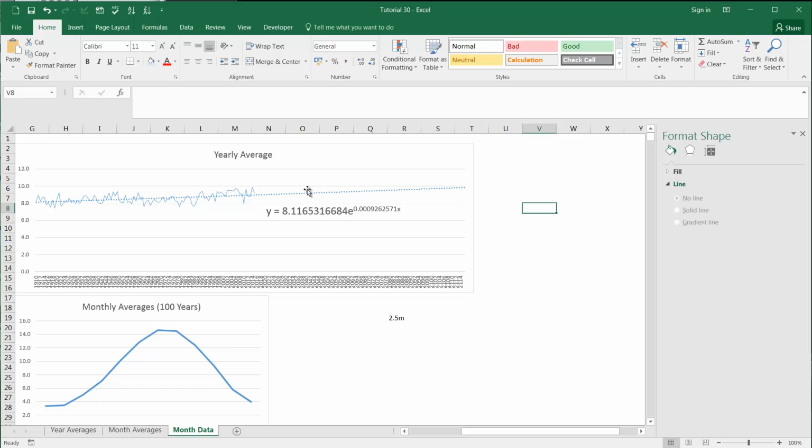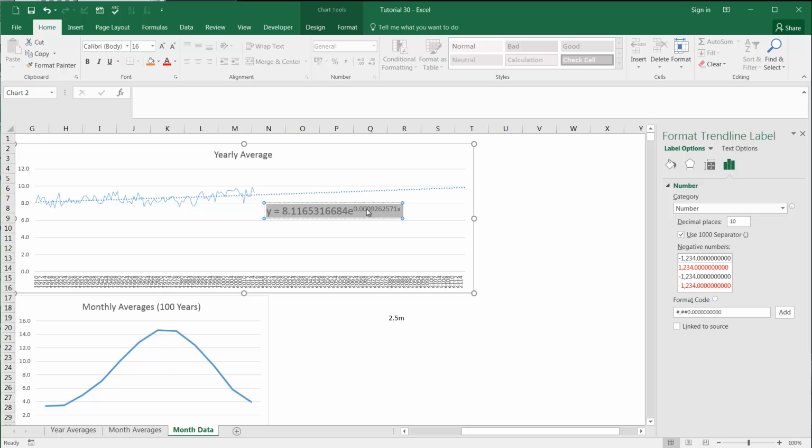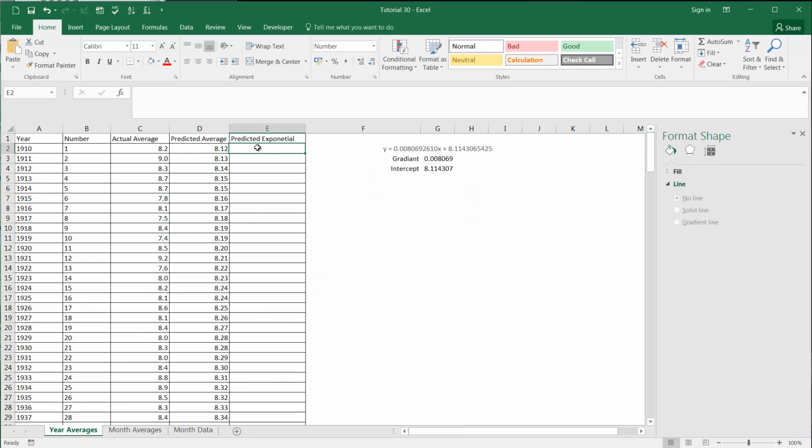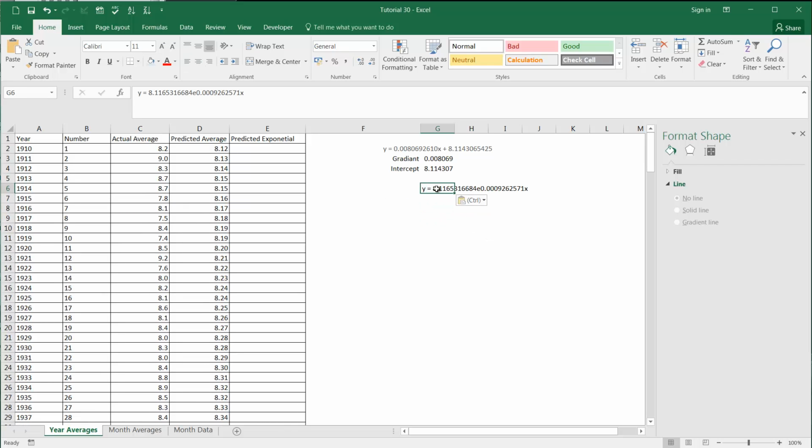Anyway, so if we want to use the exponential, we can do the same thing again. We can copy this out if we want to. We can put it into our yearly averages as a formula. So we take this. This time it's not so much gradient and intercepts, and I don't really know if they've even got official names from what I can remember of studying mathematics, but the concept for putting the formula together is still the same. We've still got our x value. We're using the value e, which is a mathematical number. It's around about,